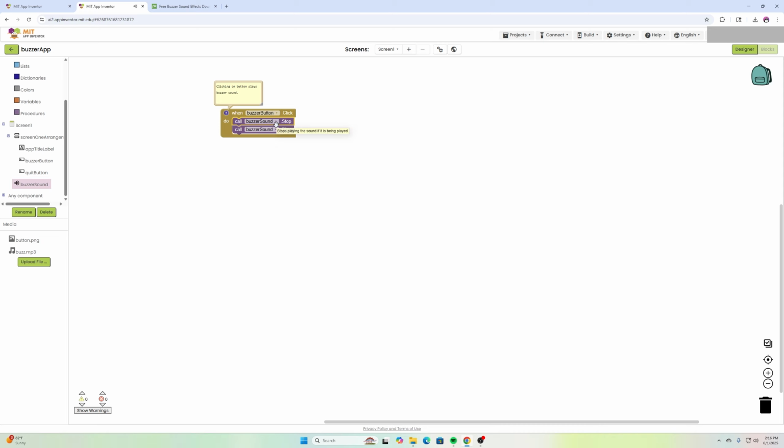Then if it's already playing and I accidentally bump the play button again, it's going to stop the current buzz sound, and then it'll play the buzz sound again from scratch. It just cleans up the execution of that command a little bit. Then, if you remember, we wanted to have that exit button, and we said when you hold it, it's going